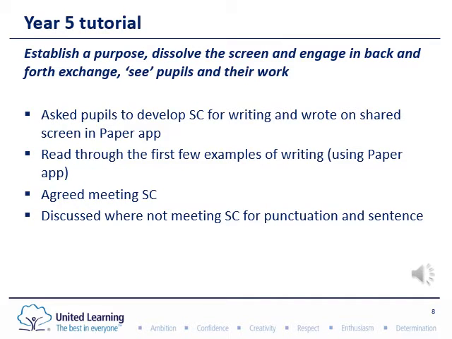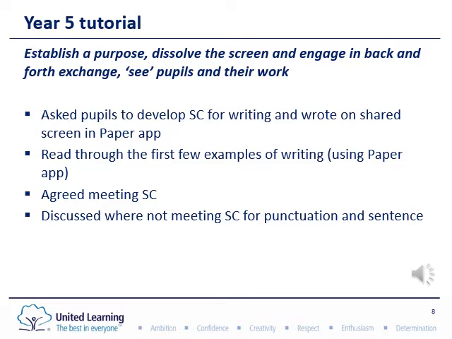The next stage of the Year 5 tutorial moved on to establishing a purpose, in the words of Doug Lemov, dissolve the screen and engage in back and forth exchange so that we can see the pupils and really discuss their work. So the pupils built a success criteria for writing